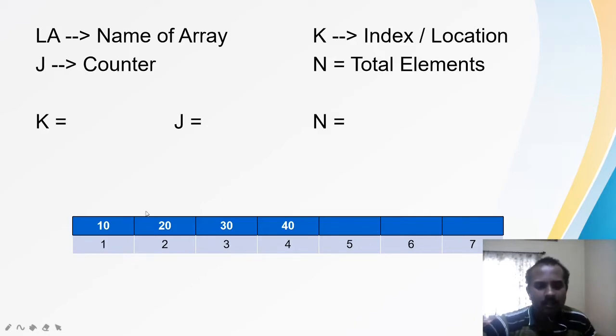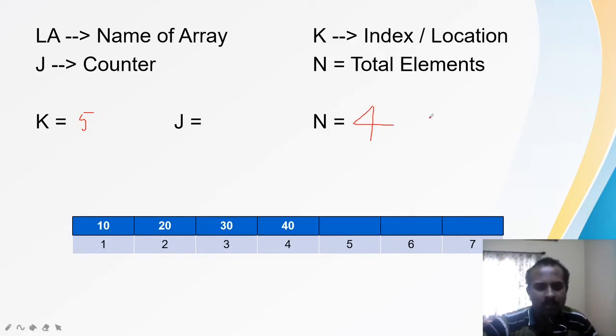Now I already mentioned we are going to do the insertion operation, and in insertion operation you have two things: inserting the element at the end of the array and inserting the element at the middle of the array. So let us solve the first one, that is inserting the element at the end of the array. So let me consider one example. Let me consider I want to insert the element at the end of the array, that is 5th position, 5. K is equal to 5. Okay. And what is the number of elements that is present here? Number of elements that is present here is equal to 4.